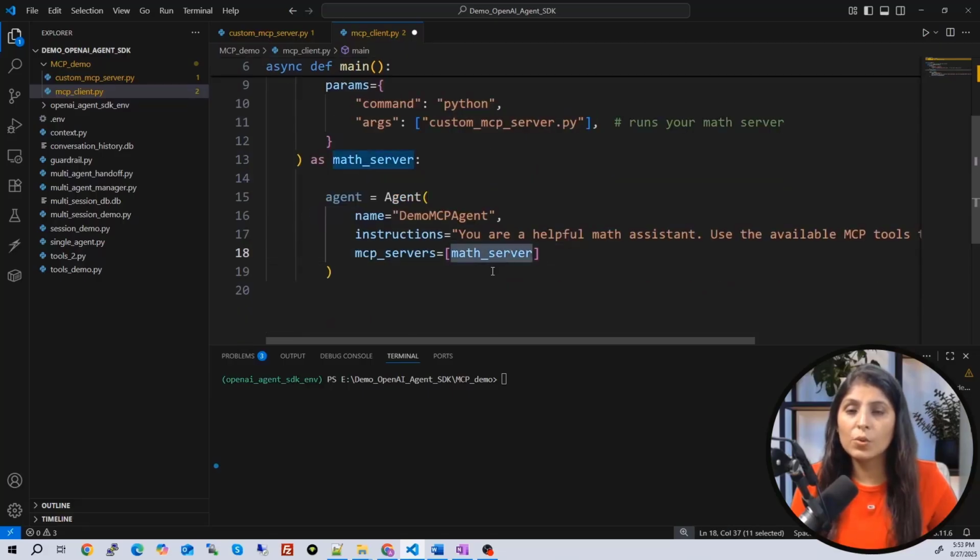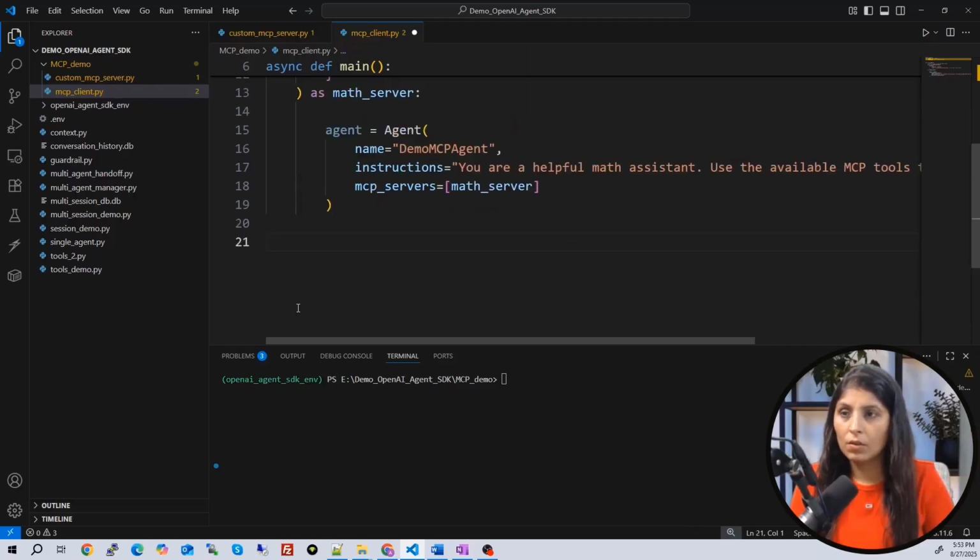So here we have used a single MCP server. Now our agent can access this math server, and in this math server we have various different tools, and this agent can use those tools to answer the user's query. Now let's run the agent. Let's ask the question to this agent, and then let's see how our agent is responding.